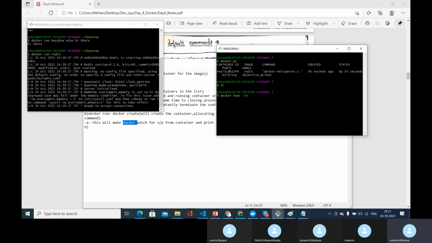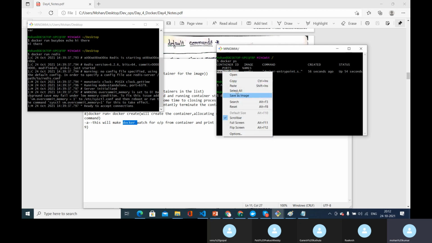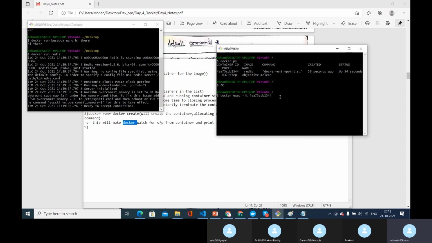I'll tell you what this is. The next part of the syntax is the container ID, and we want the container ID to be pasted over here. The container ID for that is this one. So copy it, right click, paste it here, and give a space, and here give whatever command I want to run. For now I want to open redis-cli. So just give redis-cli, which will open the CLI of that particular software. This says we have to add winpty before the command. It is just the way of connecting to it.